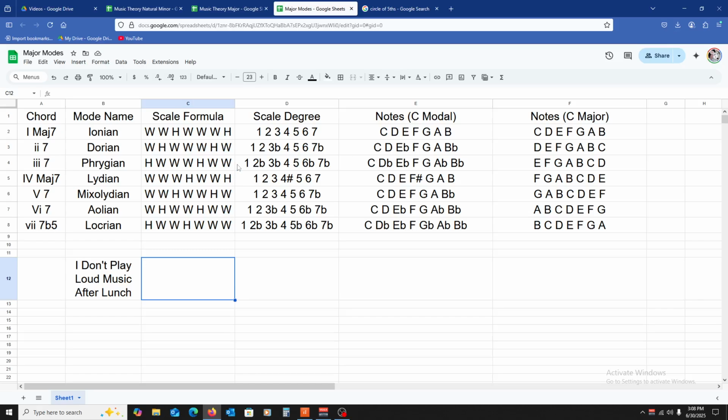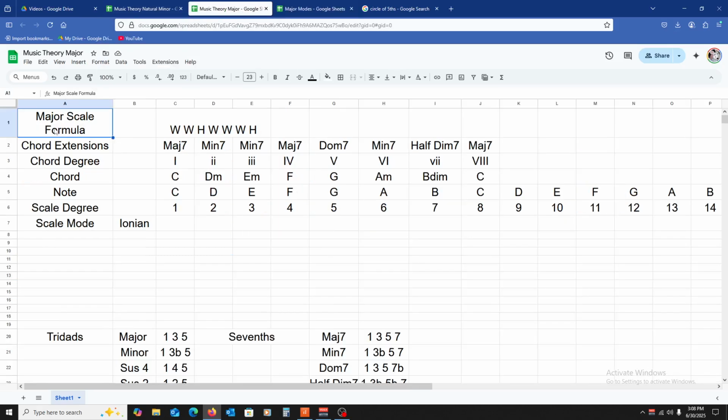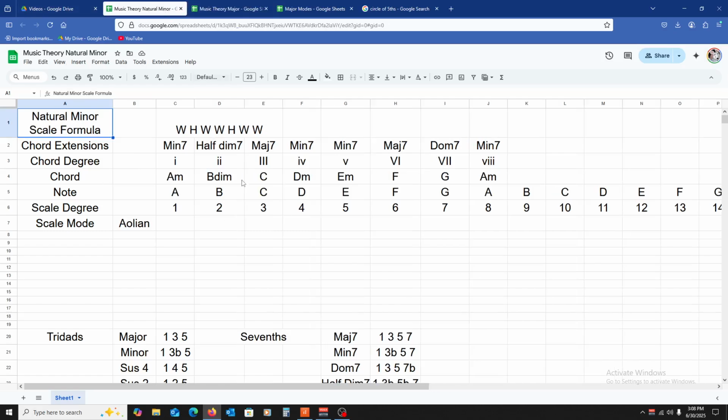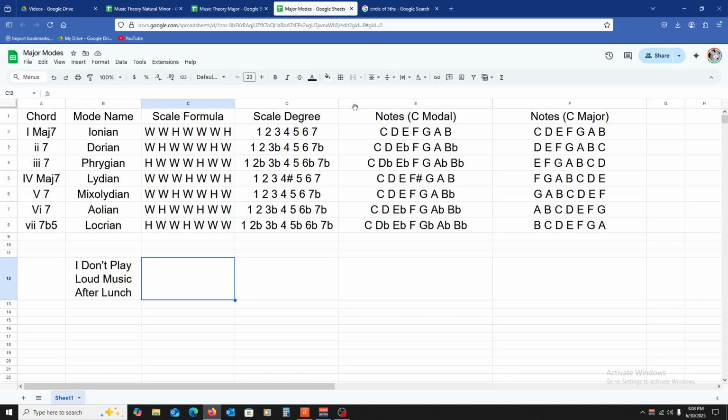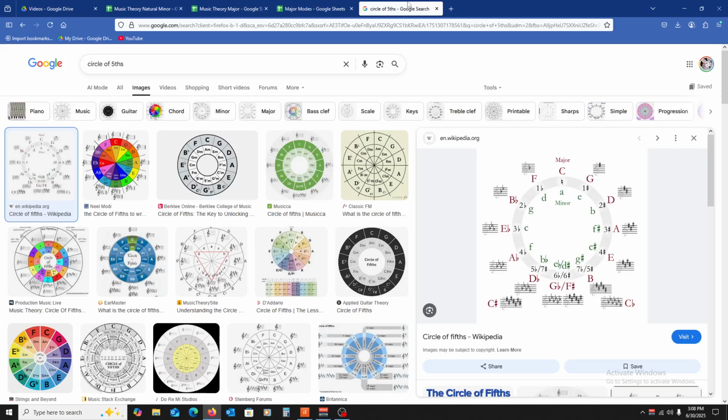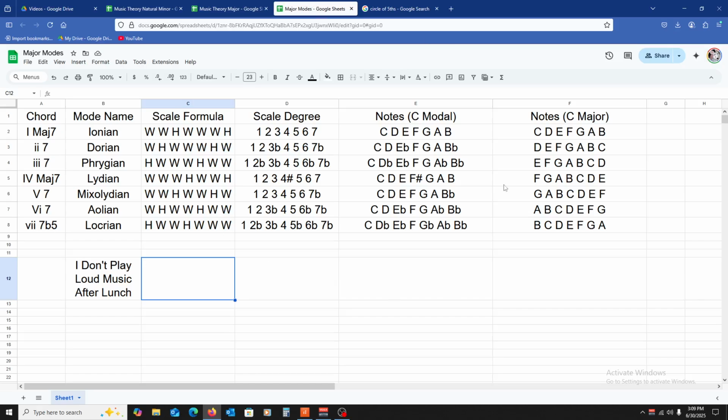And also how these modes relate to both your major scale and your natural minor scale, being the 1st and 6th degree, right? So, yeah, we'll leave it at that. Next week, before we go too much further into the weeds with some of this stuff, we may actually do a little bit of a deep dive on the circle of fifths so that you understand how that all works and relates. But we will, in the future, for sure, dive deeper into each of these modes